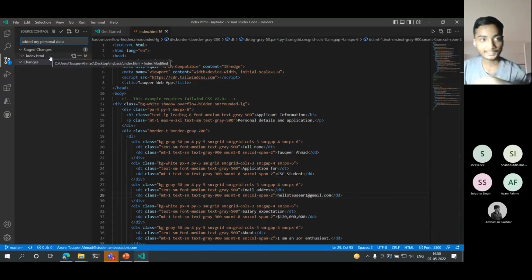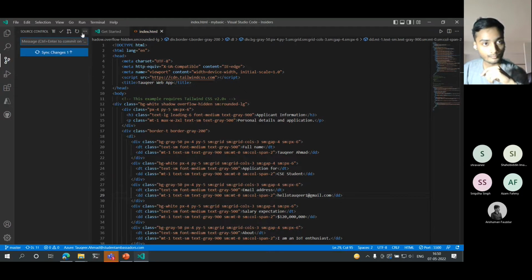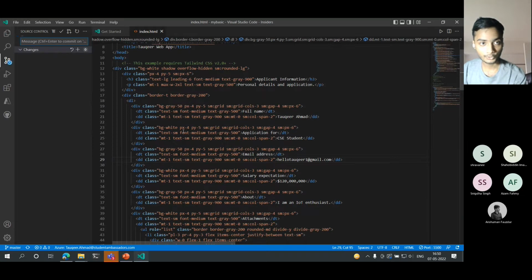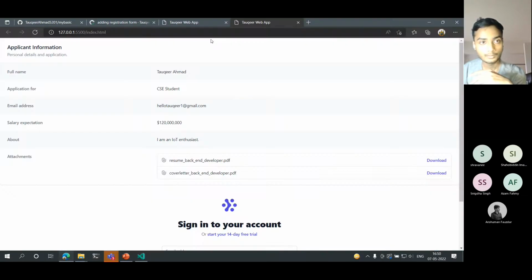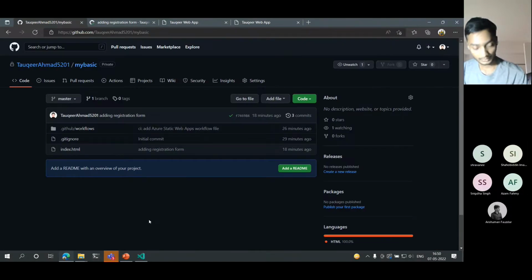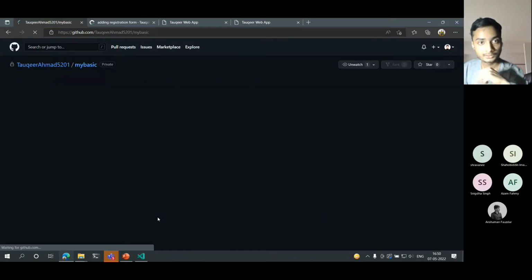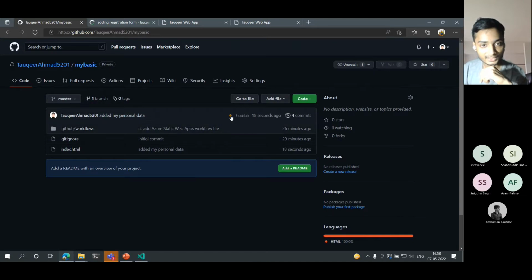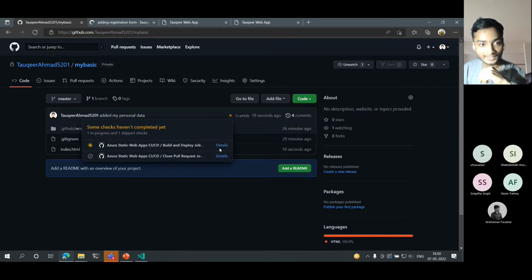I'm taking a screenshot over here. The time I press this tick button, that will be committed. Push it over my repository, which I have created over my GitHub. Actually, it was a part of a tutorial and it was created by the action, not me. The time I press the refresh button, you will see a yellow button saying just wait and see, like Azure, that app is being deployed.